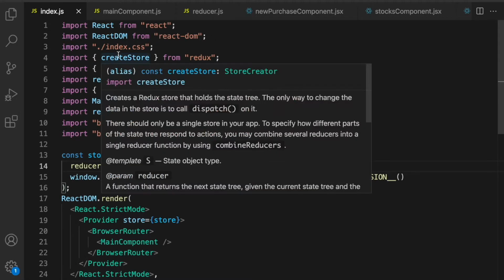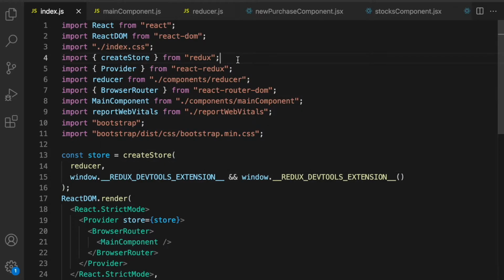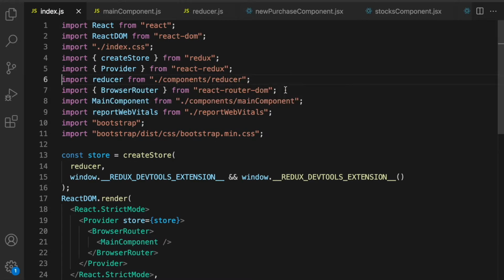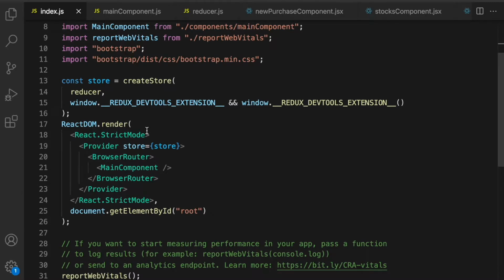So in our index.js, remember to have the createStore imported, the Provider imported, the reducer that we are creating. We have just created a very simple reducer and we will now implement the actions in it. But this is with the initial state and just returning it. We would also need the BrowserRouter. We have initialized the store and we have also given the Redux DevTools field so that we can also check it in the DevTools. Then we have wrapped our main component with Provider, store equal to store, and also